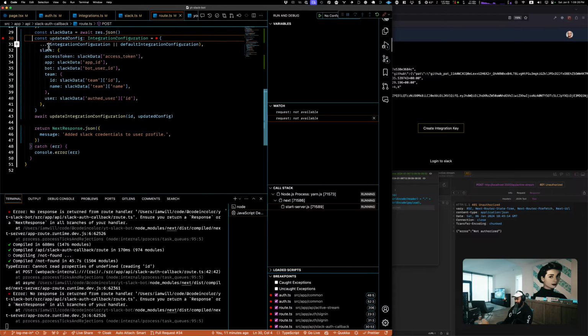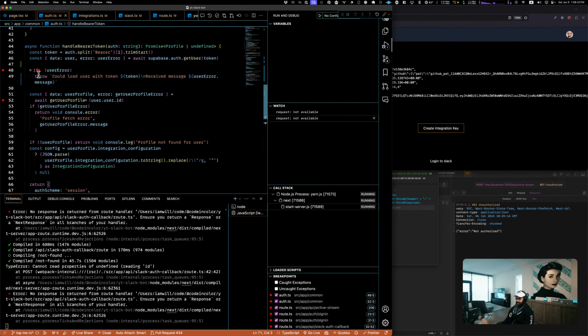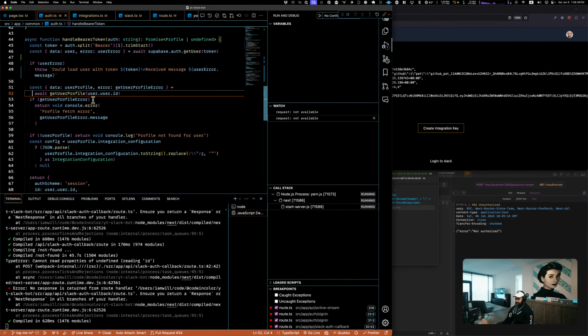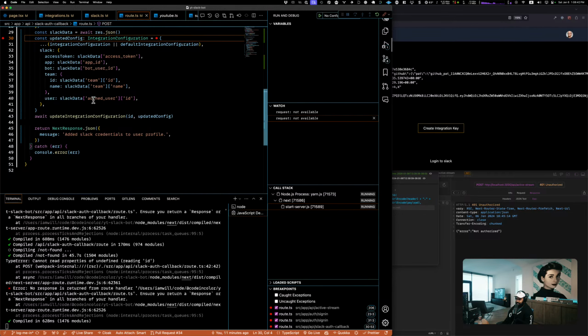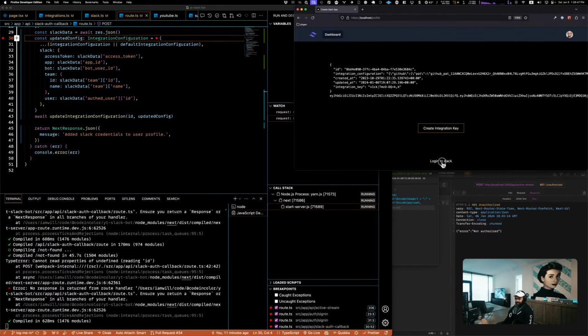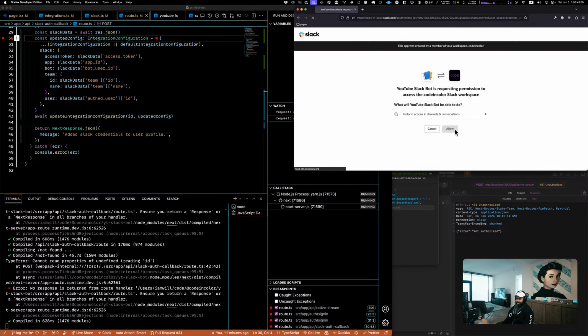Let's throw a breakpoint here. So my auth seems fine. So I think I'm good here. I mean, it's not fine, but it's not the reason for my issues anymore.